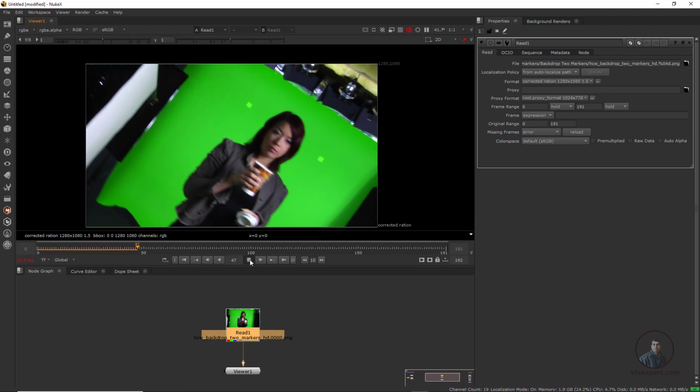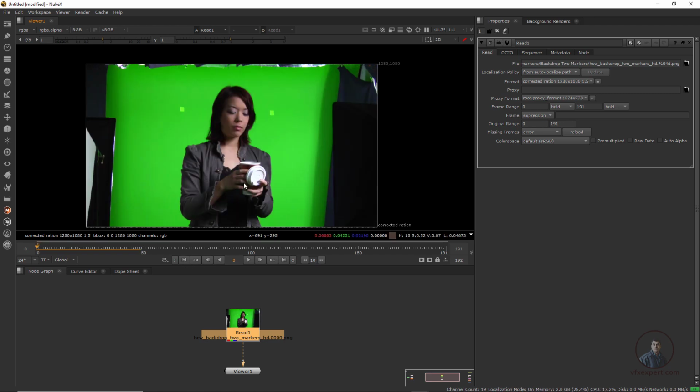Now if you see, this footage has rotation also. So here we have to use 2-point tracking. With the help of 2-point tracking we can also track rotation, and we can also track scale. Scale means, suppose there is any zoom in your shot, then you can also track zoom or scale with the help of 2-point tracking in Nuke. So now I am going to start 2-point tracking in Nuke for this shot.